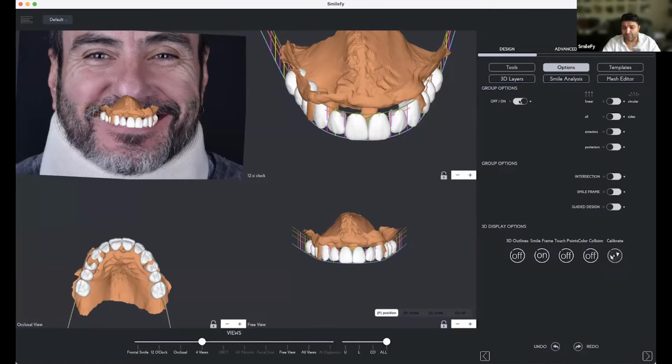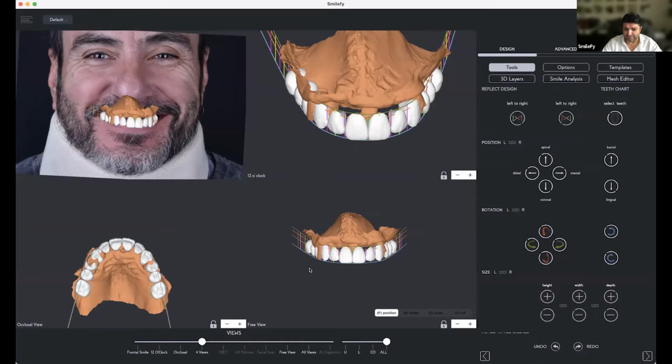I have the group option, excuse me, so the smile frame option here, right? The smile frame option on and the group on.